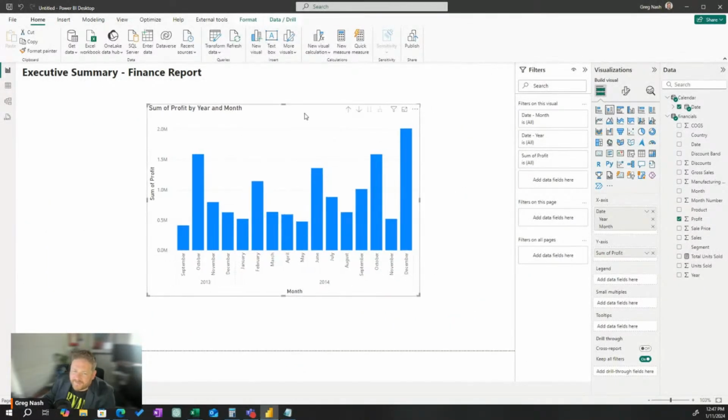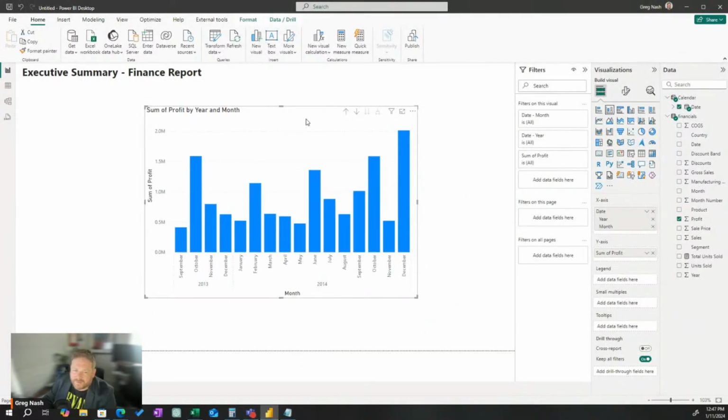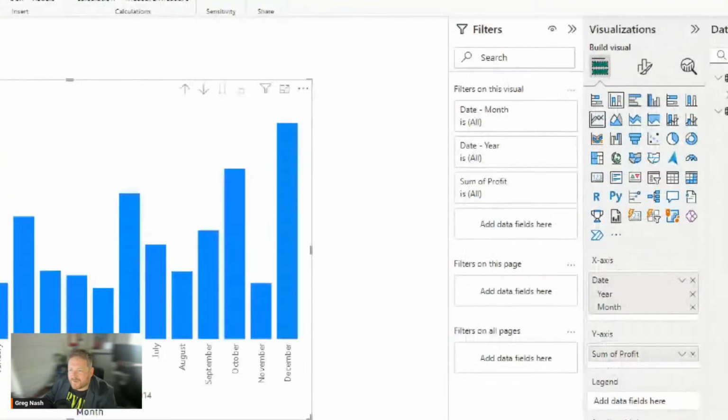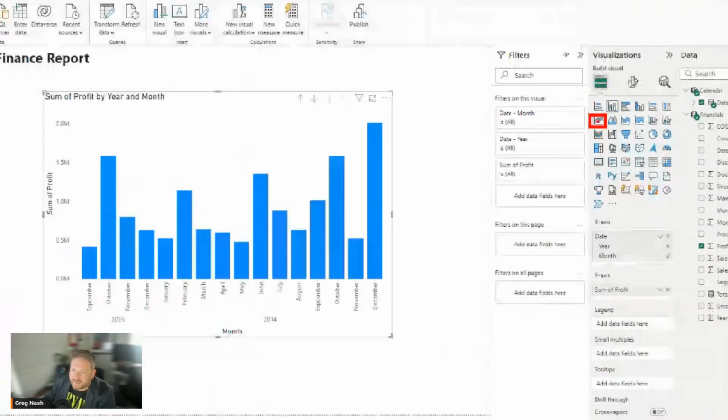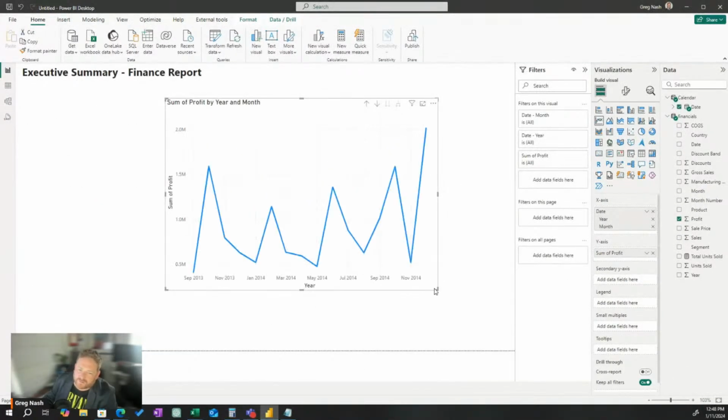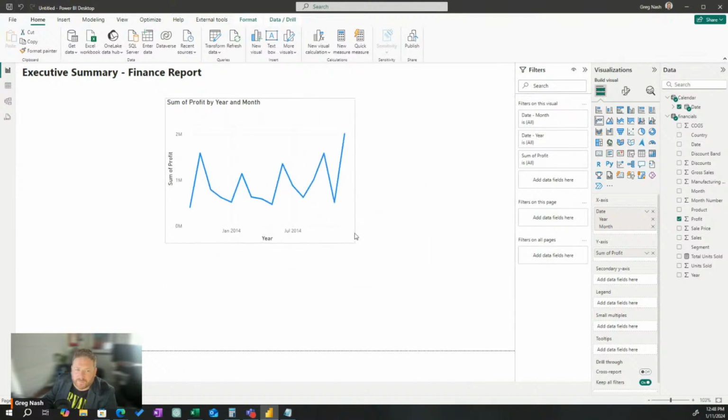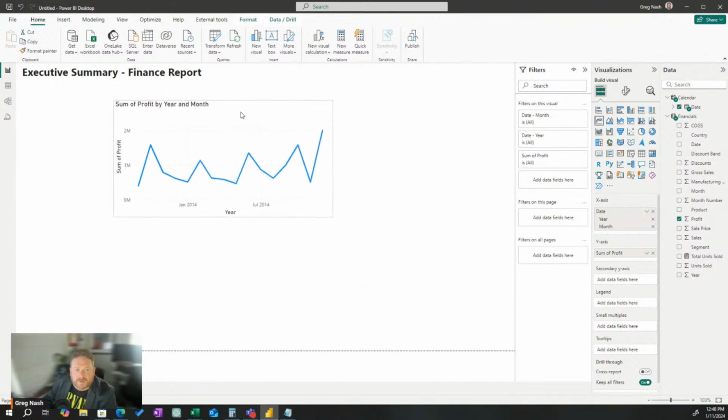chart. And I think what they're doing here is they made you make this, and then they make you change it to a line chart. So now you select it and you change it to a line chart. And then you get this. And that's what it's supposed to look like, apparently. All right, beautiful. Next, visualization. I can easily see that December 2014 has the most profit because it's the highest, I guess. Yeah, okay.